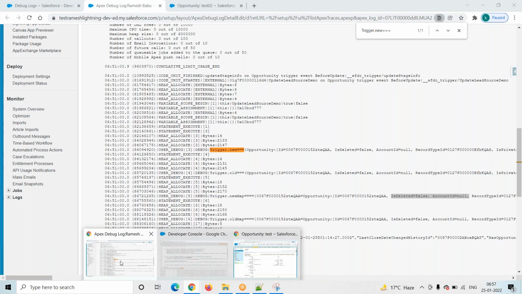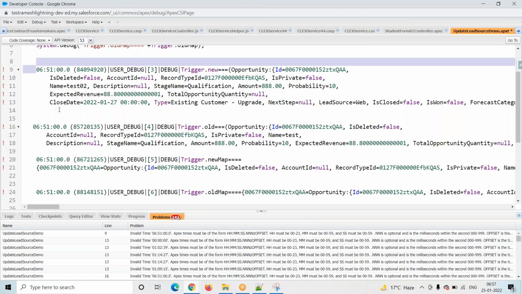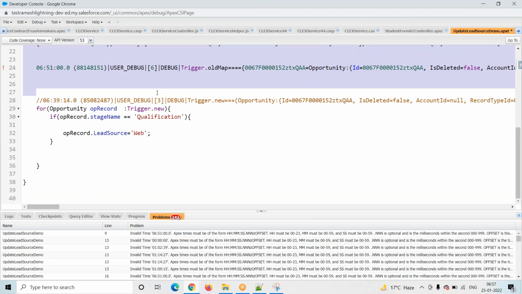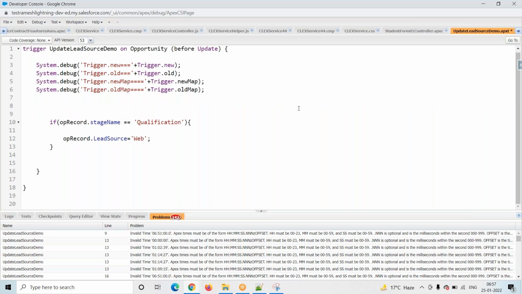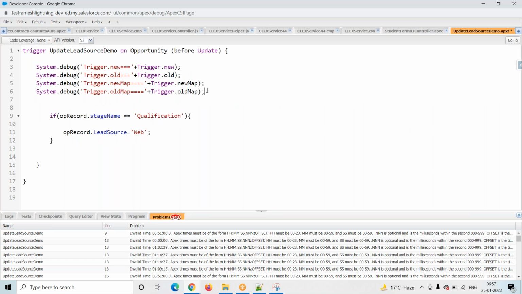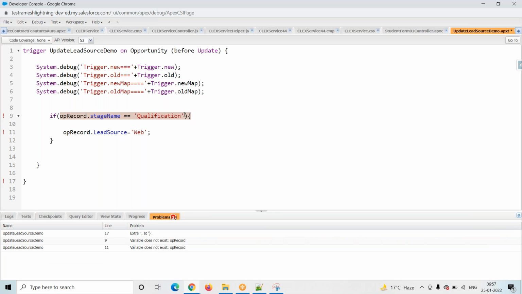Now coming to our requirement, what is our requirement? Suppose a user is trying to update a particular field. How will we get the old value? Then what we will do is Trigger dot, I will just use Trigger.oldMap. What will Trigger.oldMap give? The old data. In which format will it give? It will give it in the map format, and the system automatically stores it in this format.